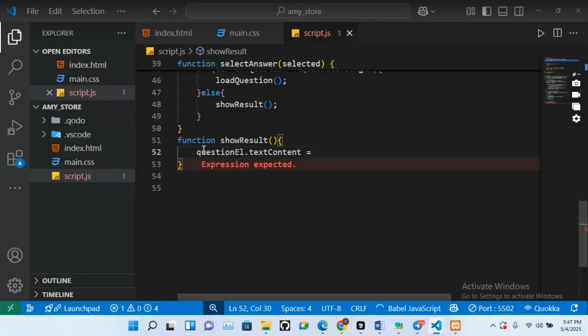So I'm going to be teaching this template literal today, using backtick. So we can actually use